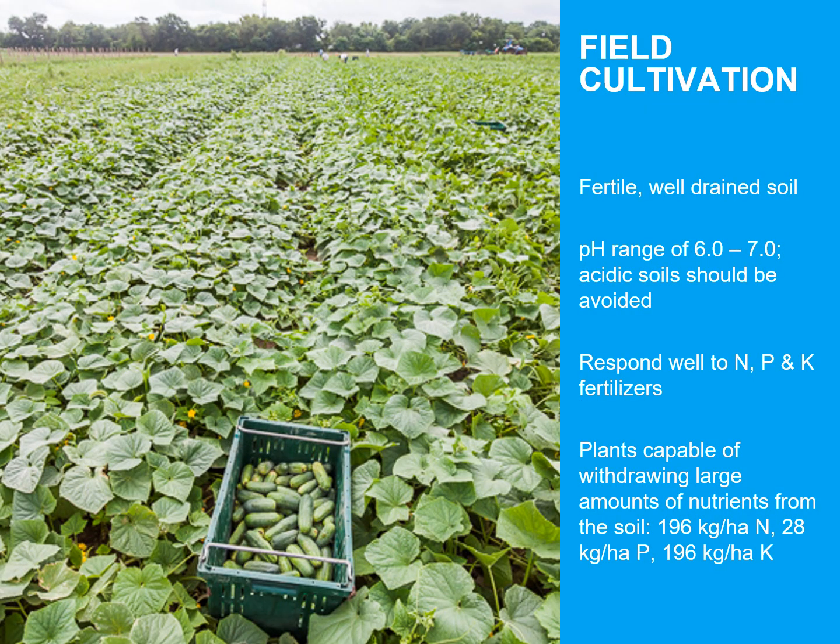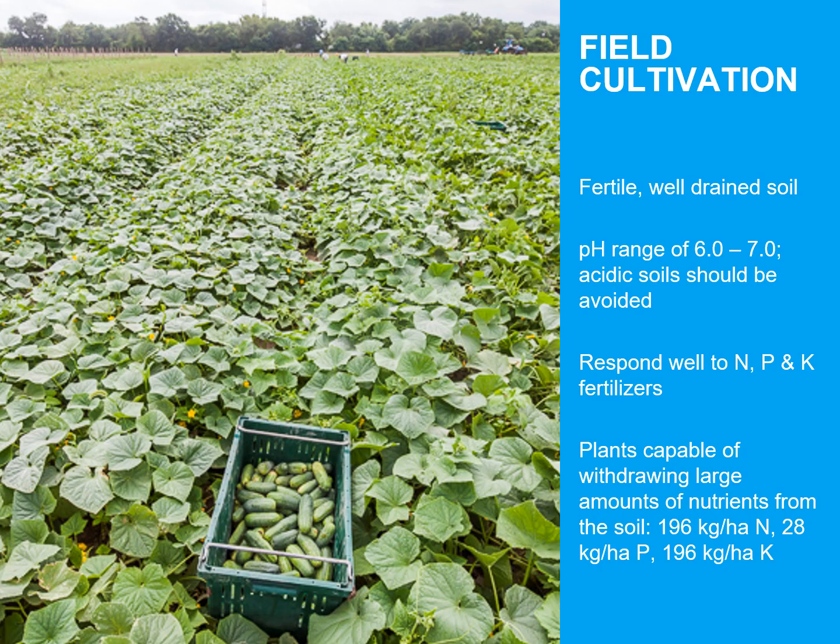In terms of field cultivation, cucumbers aren't cultivated in the field in the UK, but across the world it is a common crop, which is sown and planted at very high densities. Cucumbers prefer fertile, well-drained soil of a pH range of between 6 and 7, and acidic soil should be avoided. Plants respond well to nitrogen, phosphorus and potassium fertilizers, and plants are capable of withdrawing large amounts of nutrients